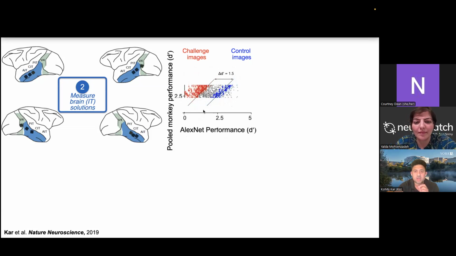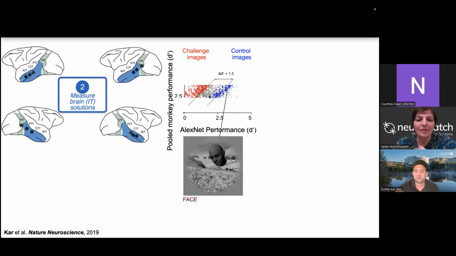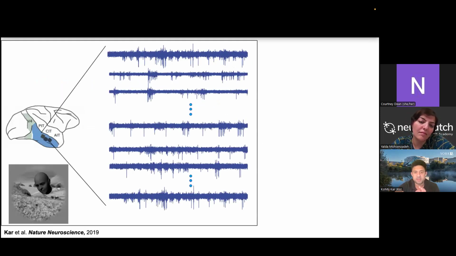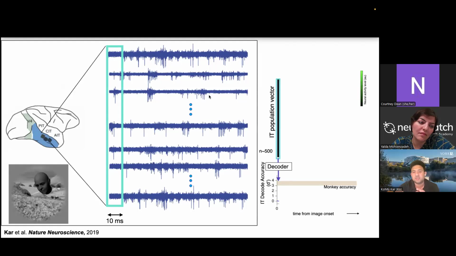I'm going to talk about a very specific behavioral band. In this small behavioral band, you can assume that challenge images and control images have the same behavior as far as the monkeys are concerned. So let's pick one image from the control image set. We show this image to the monkey, and we are recording from the monkey's brain, and there's a lot of activity in the brain. What we first try to do is construct a population vector, which you can think of as just counting the number of spikes per neuron. You can build a decoder from these population vectors that tries to decode what kind of object is in the image that is shown.